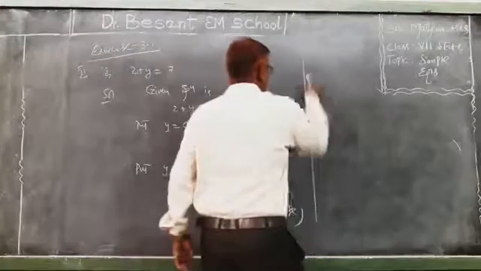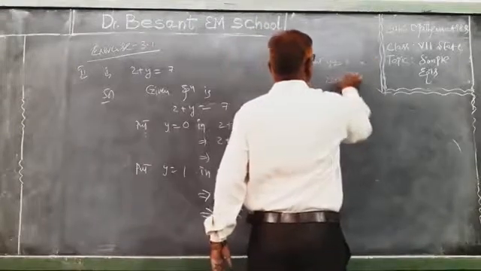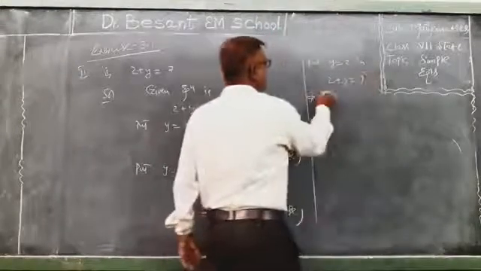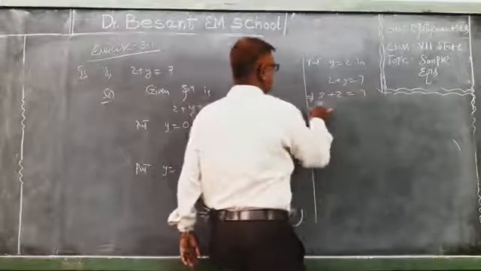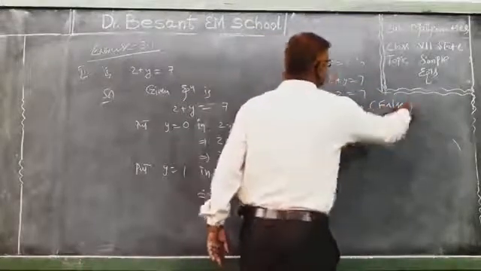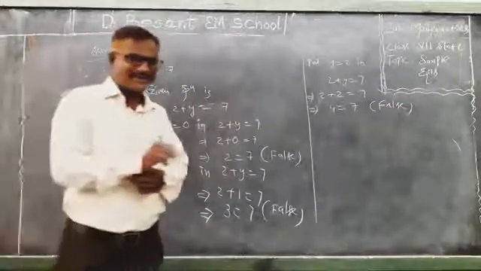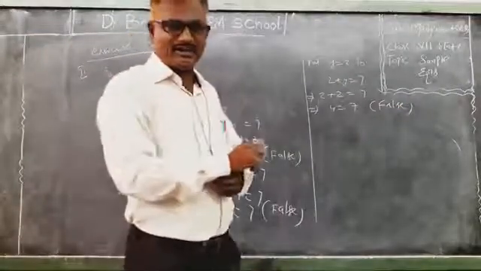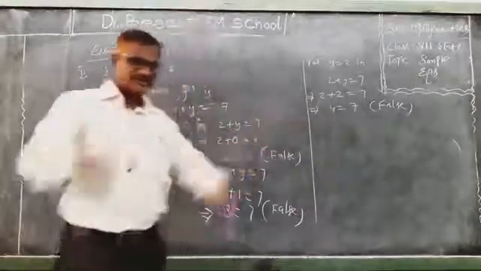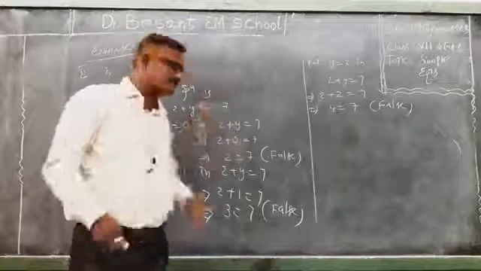Go for y equal to 2. Put y equal to 2 in the equation 2 plus y is equal to 7. Then 2 plus 2 is 4, equal to 7, which is also false. After keeping y equal to 2 in the LHS, we got 4, but our RHS is 7. Both are not equal. So y equal to 2 is not a solution, y equal to 1 is not a solution, and y equal to 0 is not a solution for the equation.